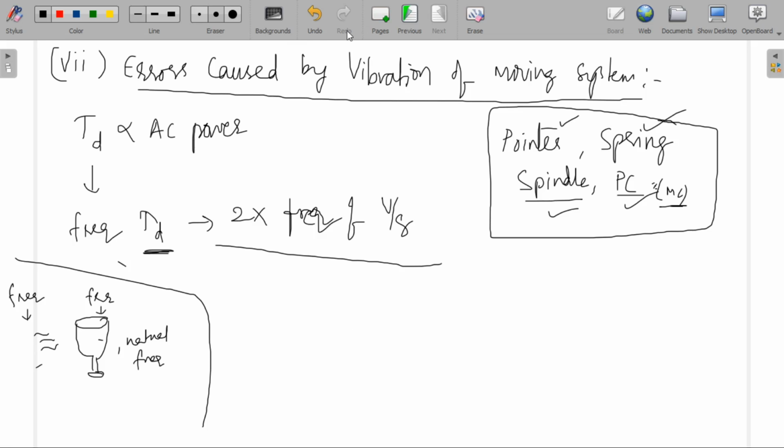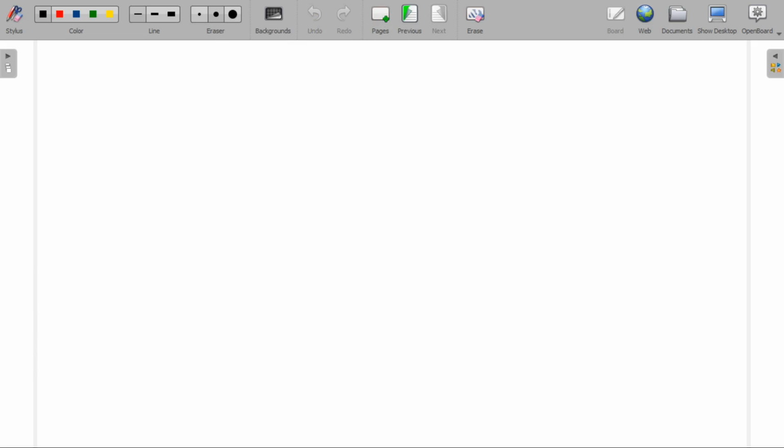Okay, and the last one is temperature errors. Power indicated by the wattmeter may get affected upon the change in temperature. Okay, change in the room temperature. So if temperature changes, with the change in temperature,